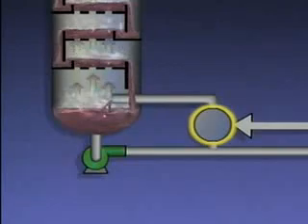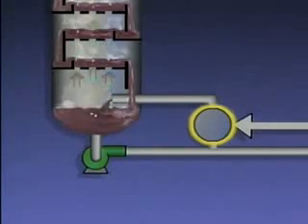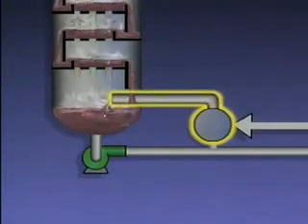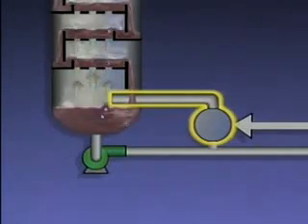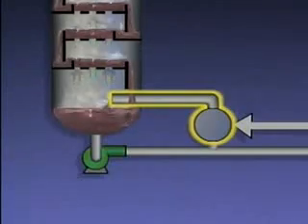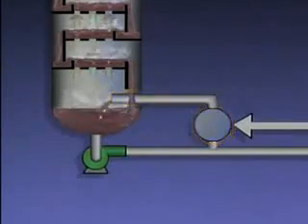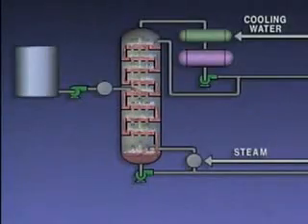Depending on the system, either vapors or the mixture of vapors and liquid is then reintroduced into the tower. The hot vapors cause any lighter fractions in the liquid at the bottom to vaporize and move up the tower. This reduces the amount of lighter fractions in the bottom's product. The reboiler provides the major portion of the heat that's required to make the distillation process work. In the type of system we've been discussing, the heat supplied by preheating the feed is not sufficient for proper distillation. The reboiler is needed to provide enough additional heat to vaporize the lighter fractions in the tower so that